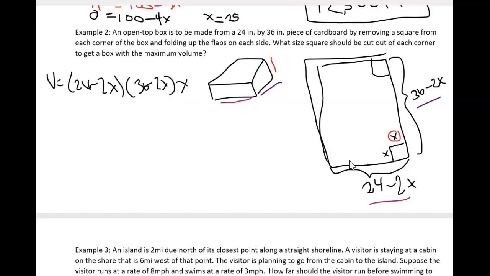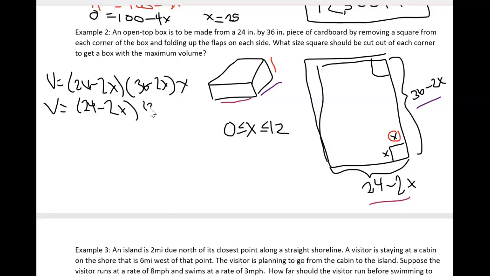And let's talk domain restrictions. The smallest square I could cut out is 0, and if I cut out 0, I won't have a box, so that is our minimum. And the most I could cut out is 12. Anything greater than 12, and you're going to get a negative number for one of the dimensions. So my maximum is going to occur at 0, at 12, or where this derivative, once I find it, is equal to 0. So let's simplify the volume one more step so that we can apply the product rule